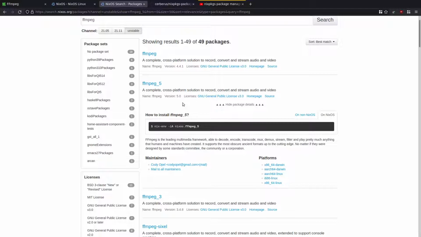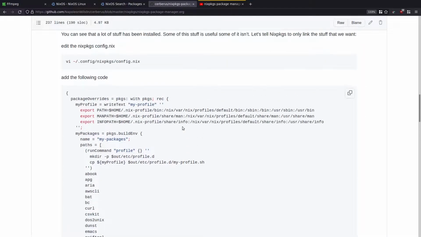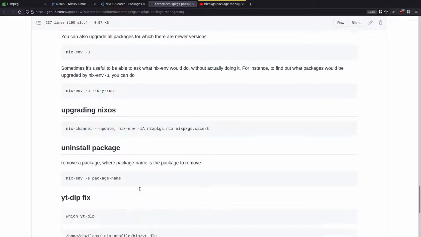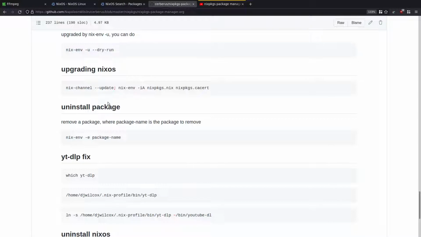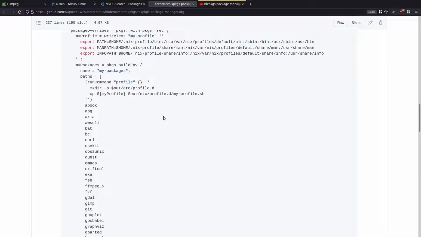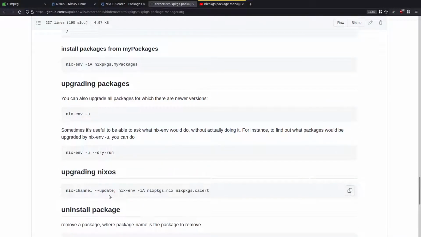So the procedure is, if you've already got FFmpeg installed using nixpkgs, in your list here it will say FFmpeg. You first need to upgrade nixos. So you run this command. Once you've done that, you can edit your nixpkgs configuration file and change FFmpeg to FFmpeg_5. Once you've done that, I just come back down here, you can then install the packages in that list